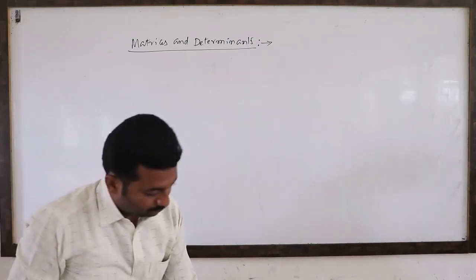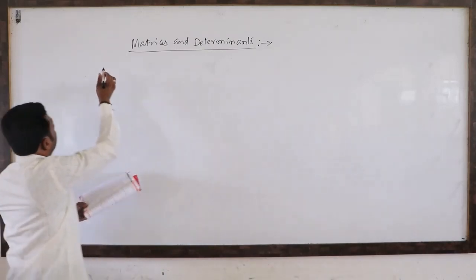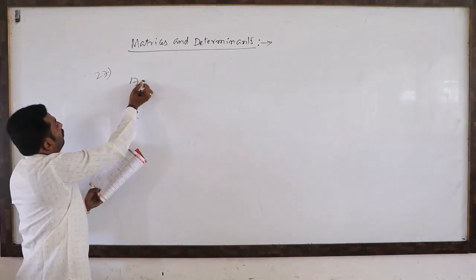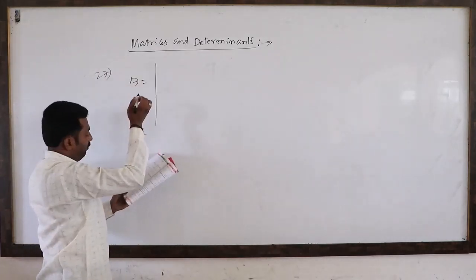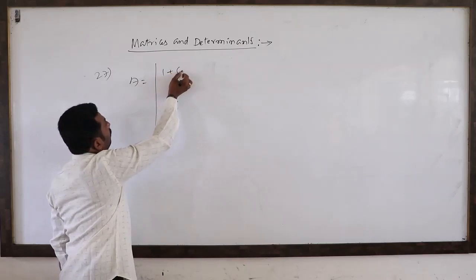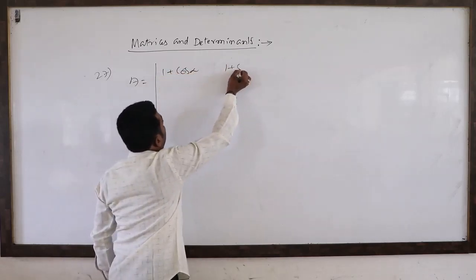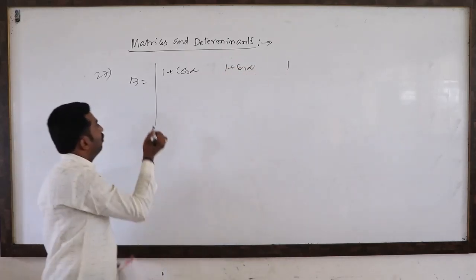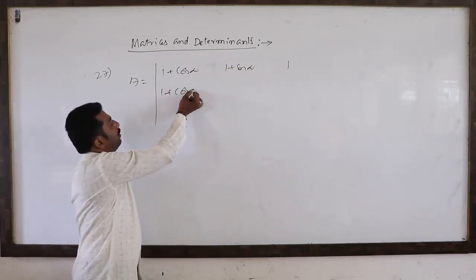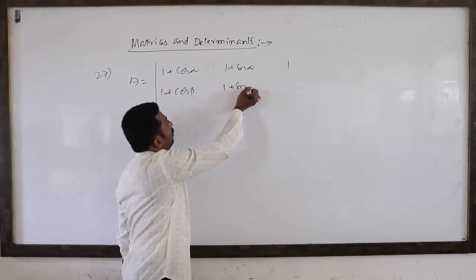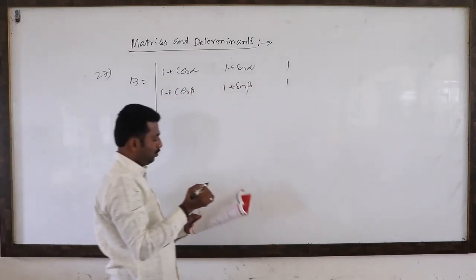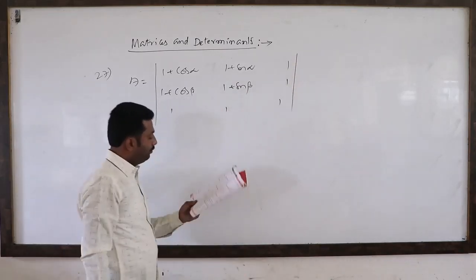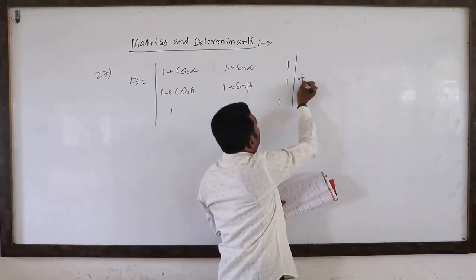Question 27. If A equal to determinant of 1 plus cos alpha, 1 plus sin alpha, 1, 1 plus cos beta, 1 plus sin beta, 1, 1, 1, 1, see there, is not equal to 0,